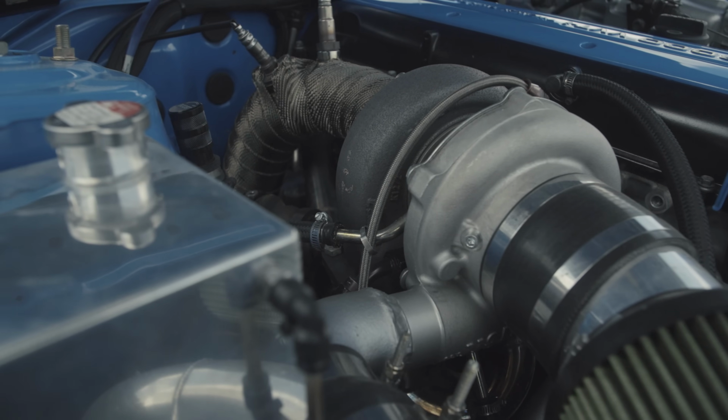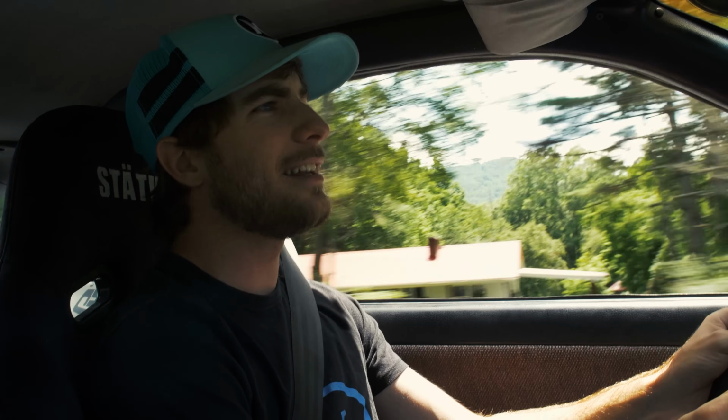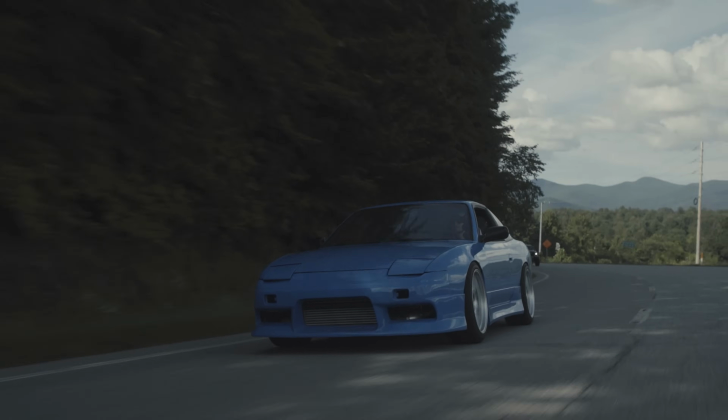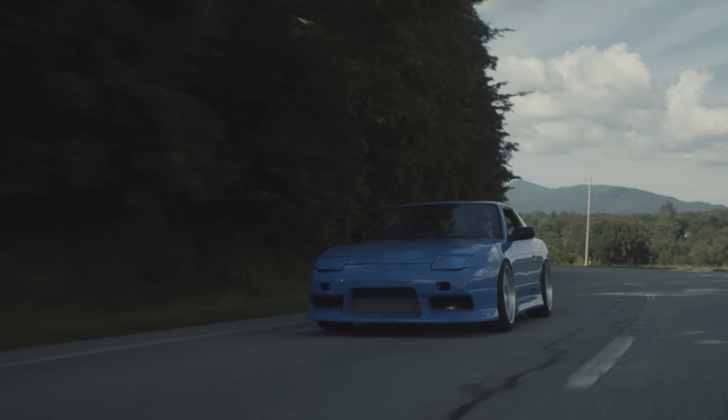This turbo, though, almost acts like a supercharger. I'll go down to third and listen to it. It's just always ready to go. It's amazing. Compared to the twin turbos I had before, the twin turbos were incredibly laggy, and I was very surprised by that. I thought with their smaller size that they would be, well, fast, but they're not. But I go into third gear, I give it a little bit, and